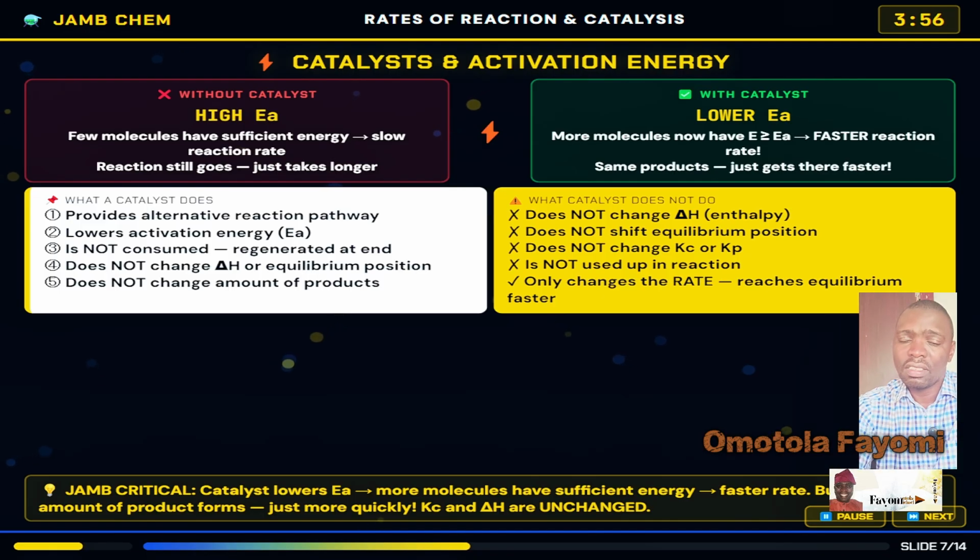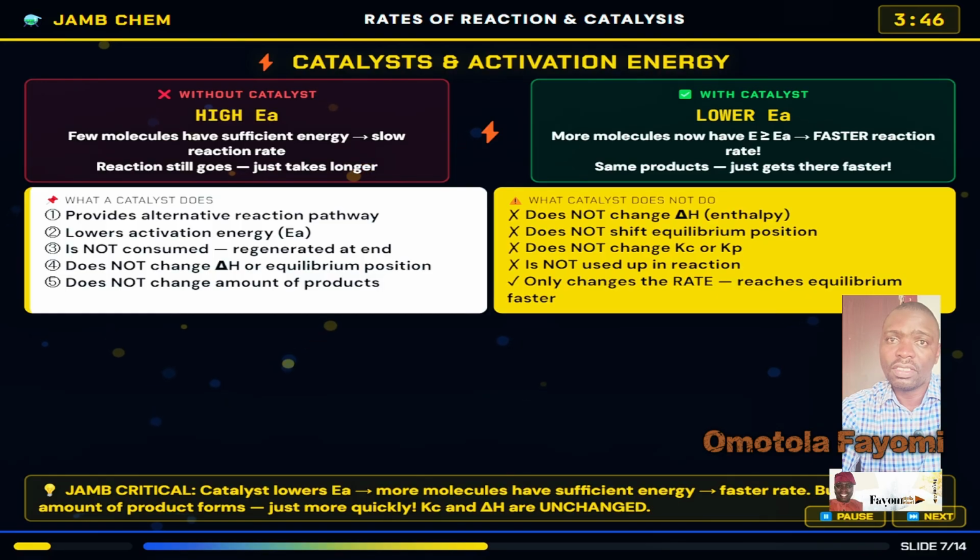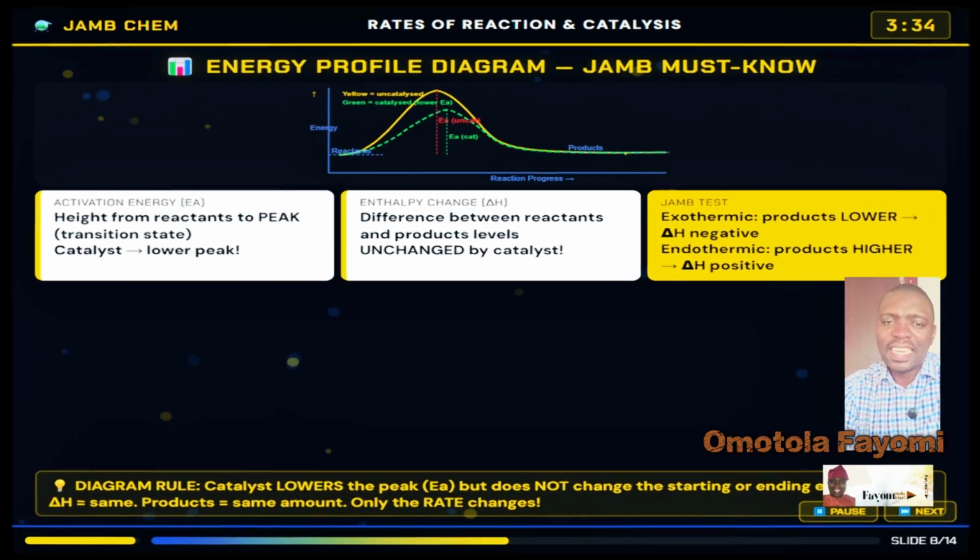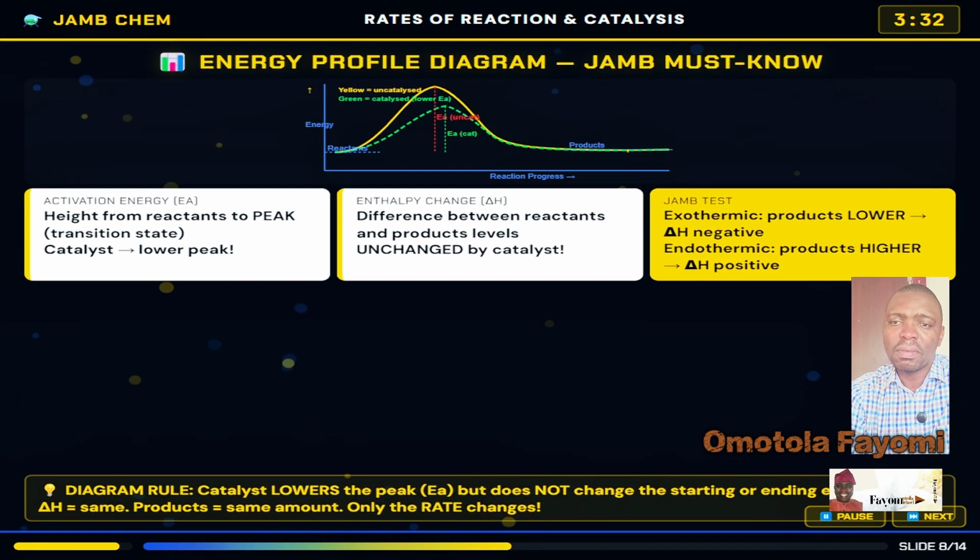Fourth, it is not consumed. The catalyst regenerates itself during the reaction cycle. JAMB will try to catch you claiming a catalyst increases yield or shifts equilibrium. It does neither. Catalyst: faster rate, same destination, same amount of product. You can as well watch one of our videos about equilibrium to get more insight about the effect of a catalyst on equilibrium. The energy profile diagram is one of the most important visual tools in this particular topic, and JAMB